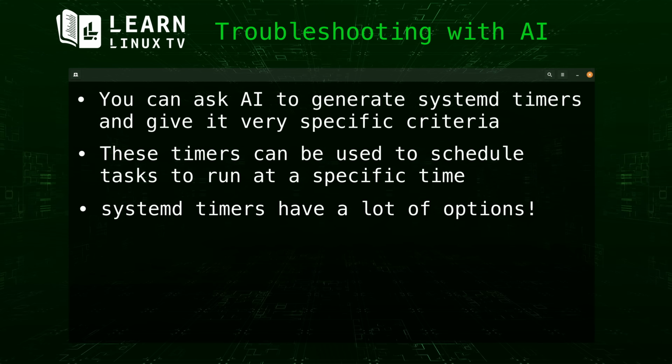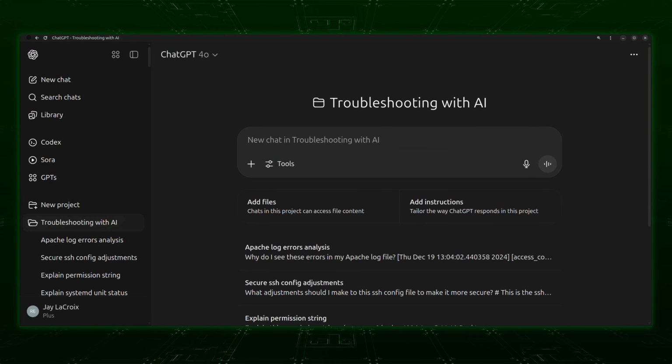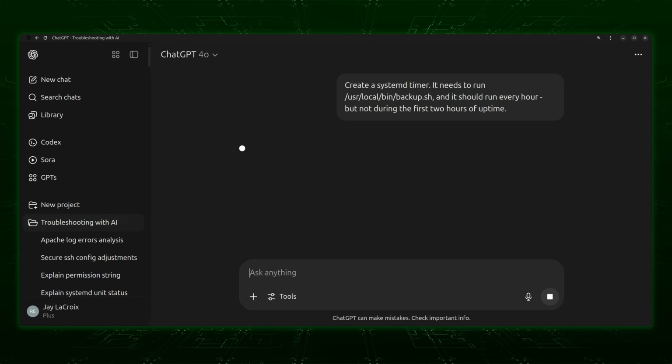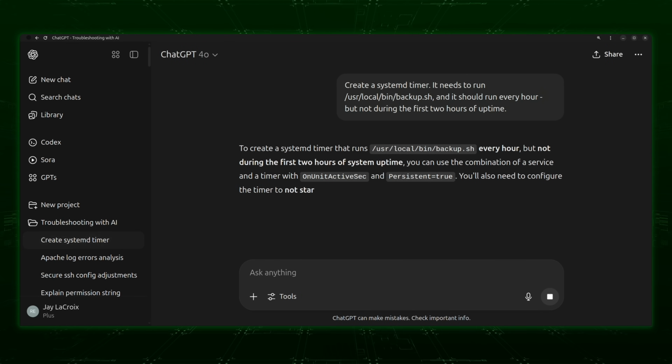But when it comes to creating a systemd timer, it can be confusing. And other times there might be settings where you're not exactly sure what it is that they do. To see this in action, ask an AI service to create a systemd timer for you. Give it the name of the executable that you want it to run, and also describe any detail about how you want it to be handled. For example, let's assume you've written a bash script that backs up your entire system to a storage server. You could give it the path and file name for your script, and then tell it how often you want it to run. For example, you can explain to AI that you want the job to run every hour, and that you might also not want it to run during the first 2 hours of uptime. Another thing that you might want it to do is have the job run even if the server was powered down during the last time it would have triggered.